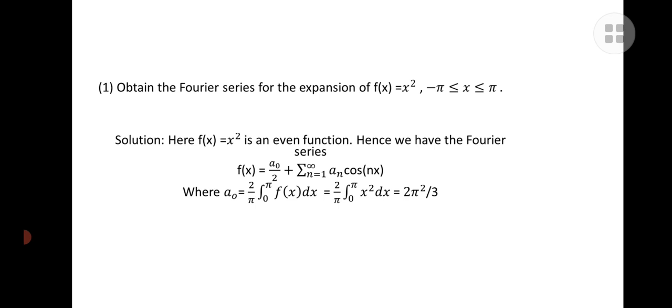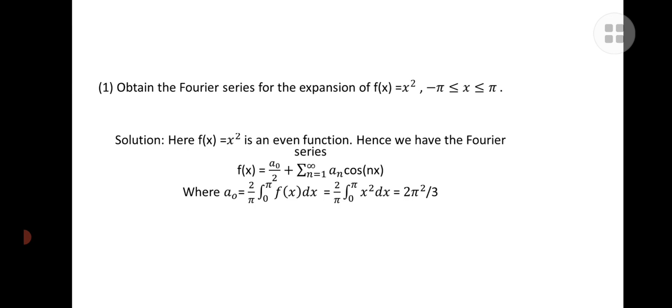By this we know that f of x is even. For the even function, for the interval minus pi comma pi, we know that the Fourier series contains only